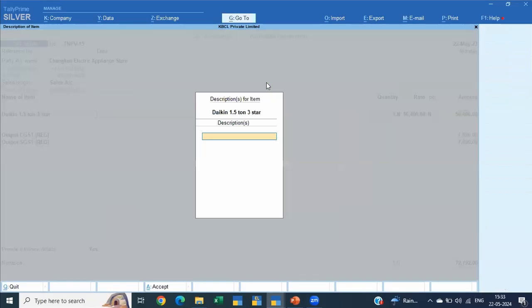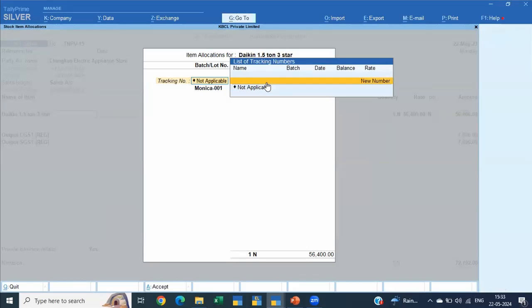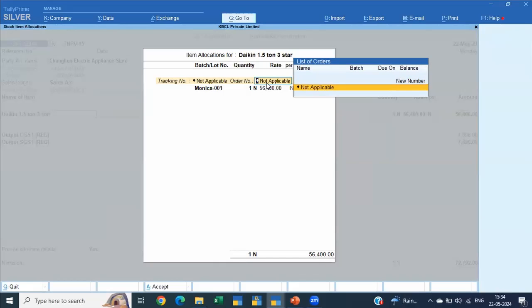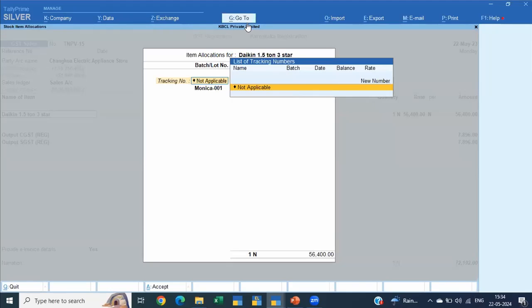Tracking number, see, actually, you just say it's not applicable and you'll be able to remove it. There is no way to remove the tracking number which was generated. You'll have to just cancel it. Okay, you can't remove it per se. You either disassociate it from the tracking number, like how you just did.